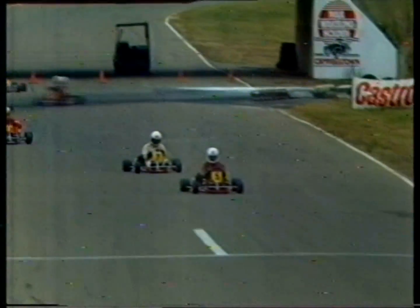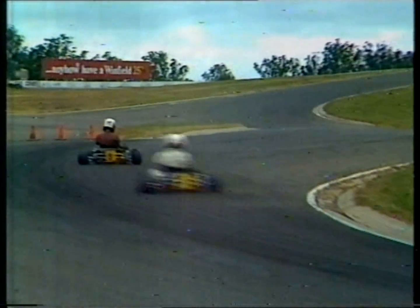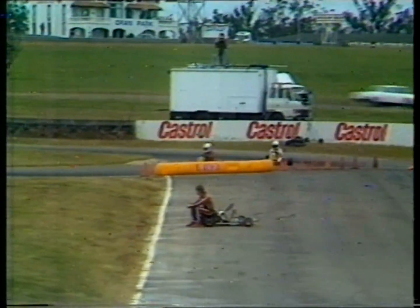But this challenge for the lead is starting to hot up. Zanardi and Schurman have opened a reasonable advantage on the rest of the field. And we're really starting to go for it. Zanardi still having the advantage of just that slight gap back to Schurman, which enables him to take the right lines into corners, not to block, to be able to be easy on his tyres. But look how much faster Schurman is up over the rise onto the Goodyear Bridge. But then how Zanardi blocks down here. And in one of the heats earlier today, I was watching Zanardi when he was on 4 tyres, and the man suddenly made his car 20 feet wide and was the hardest thing to pass I've ever seen. I would say that even if Schurman can get right up on him, he's going to have the devil's own time getting through. Still behind this pair, and in